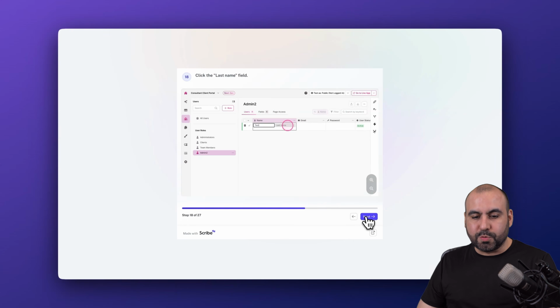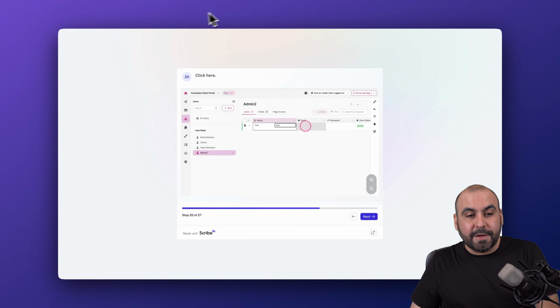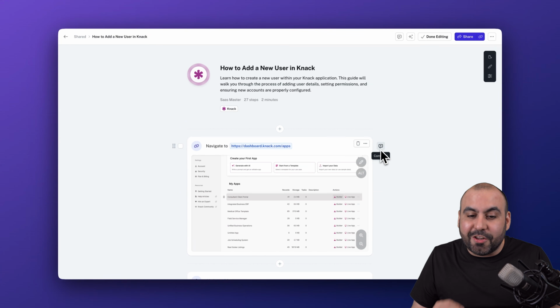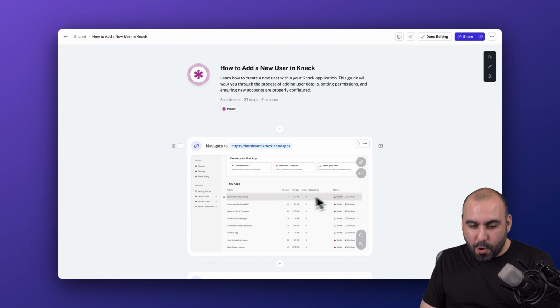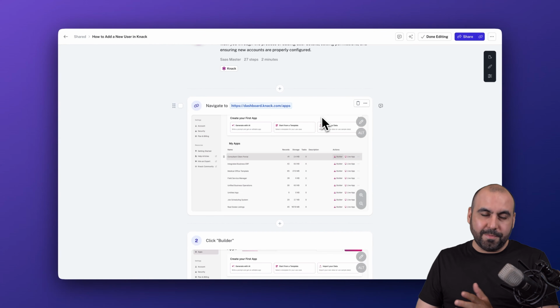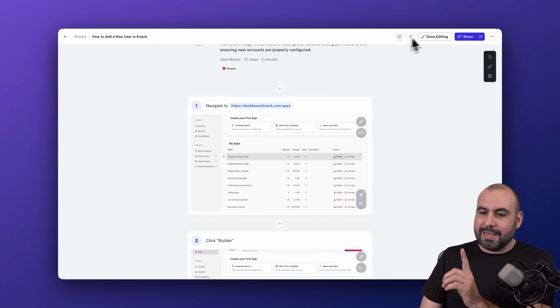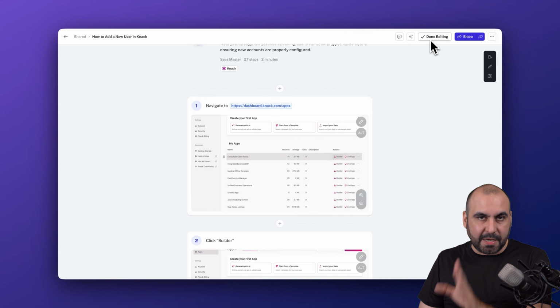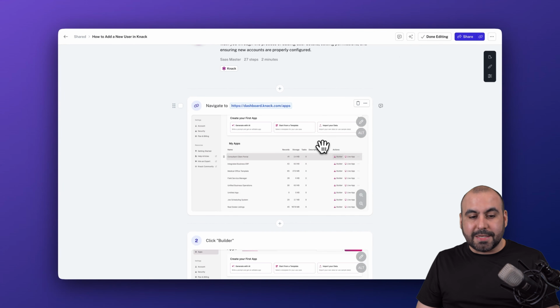And you can see here that this was built really easily and really clearly, so someone easily understands how to do it. All right. Now let's go into editing mode. Right now, by default, when you finish the recording, it's in editing mode already. So if I'm done editing, I'll click on done edit. In this case, I'm going to click on the first slide just to give you an idea of everything that